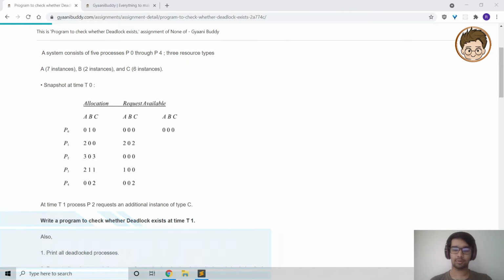Today we will learn about a lot of stuff in this video. We will go through a program to check whether deadlock exists or not. So this program will help us to figure out will the deadlock be there or not. So make sure to stick around till the end to learn all these things that we will cover today in